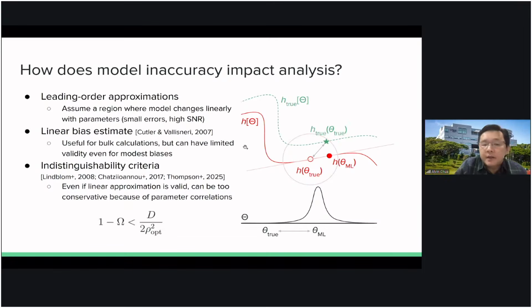However, there's a caveat. It can become invalid very easily once the bias gets a little bit larger, and the problem is you don't really know. Okay, so there's an even quicker and dirtier method known as